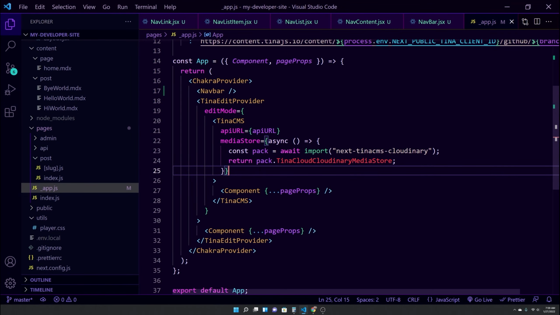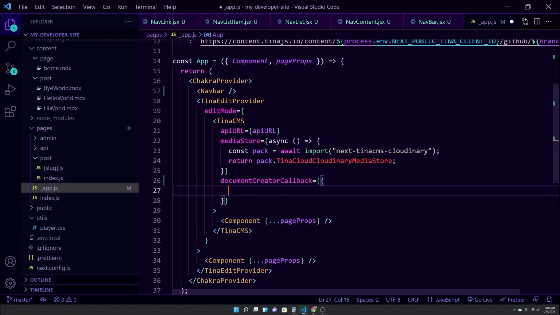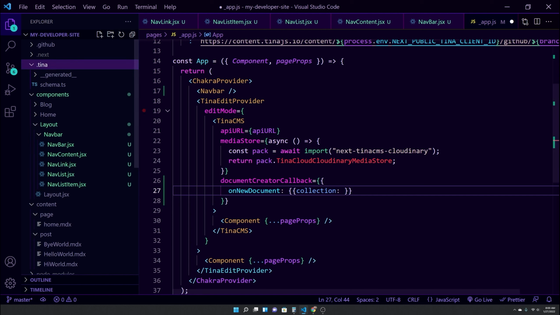So inside of your app.js and inside our TinaCMS, we're going to use something called document creator callback. And this is how you would handle the creation of a new document. So what we can do here is do onNewDocument. On a new document, the collection will be the slug. That will tell it which one of these kinds of collections in your schema it's going to be. So we can pass in the slug here, and then comma